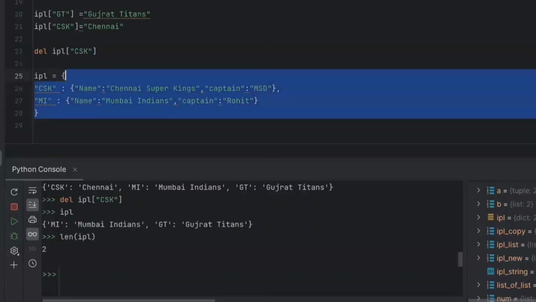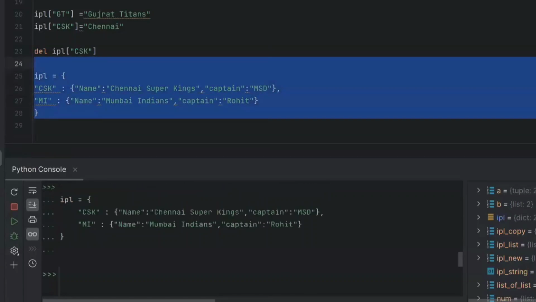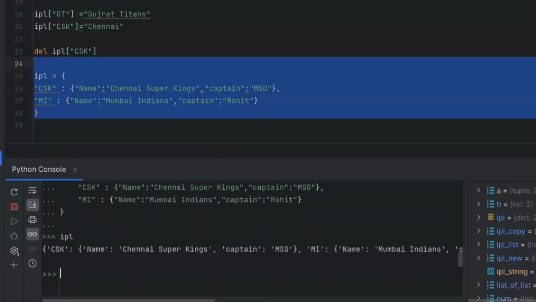Okay. Let's run our IPL dictionary again. This is done. Let's look at the dictionary. So dictionary, if you see,